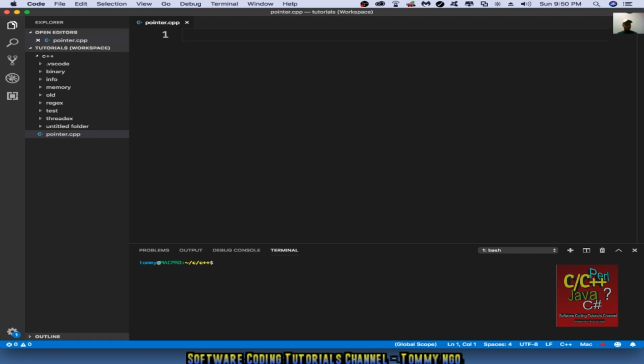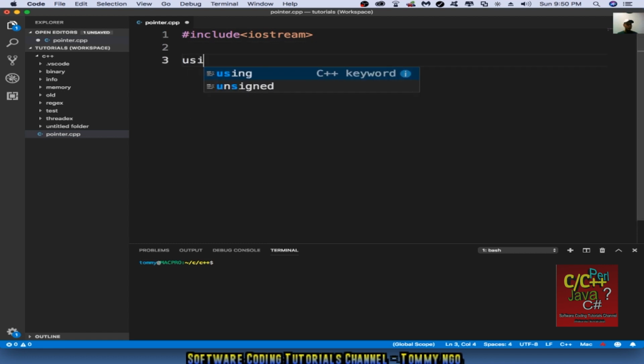First thing I declare is #include <iostream> for standard input output. Next, declare using namespace std. Next, int main(void),